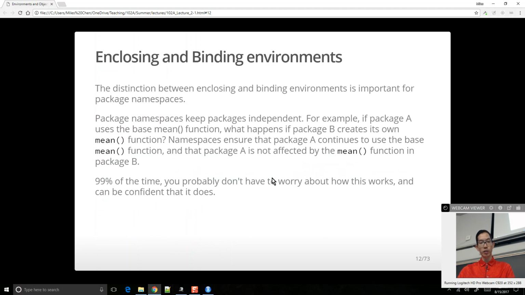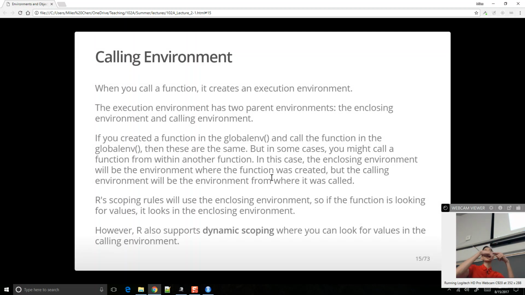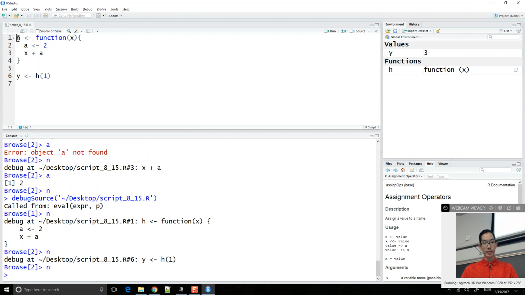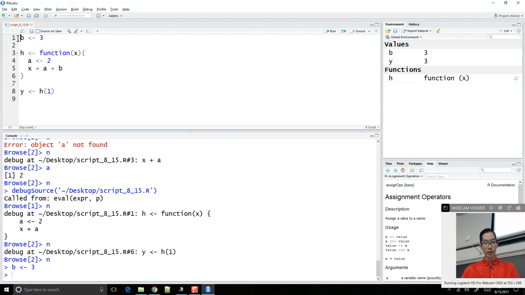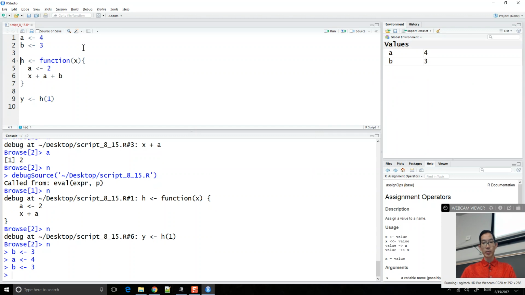And again, if you keep in mind how our search path works, okay? Well, not necessarily the global environment, but if it doesn't find the value that it's looking for, it searches the parent environment, right? So if, let's say, I create the value 3 up here, and I say x plus a plus b, and over here I say a is the value 4, okay? So in the global environment, I have a is the value 4, b is the value 3,